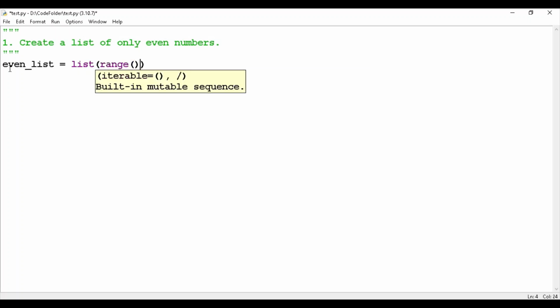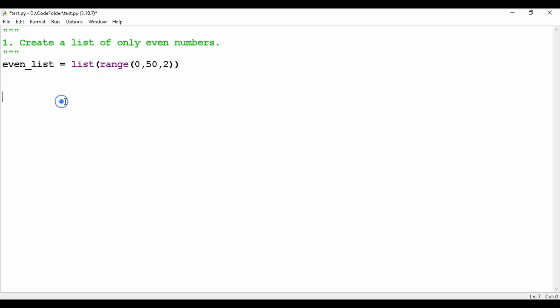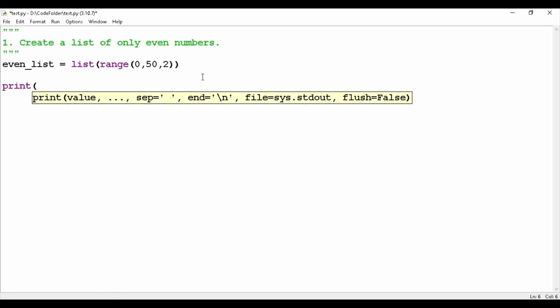And what is this range doing? I want to create only even numbers, so I will give here from 0 to, for example, 50. In this range I want even numbers, and here I will give step as 2. So it will give me only even numbers between 0 to 50, right? So now if I print on the console,